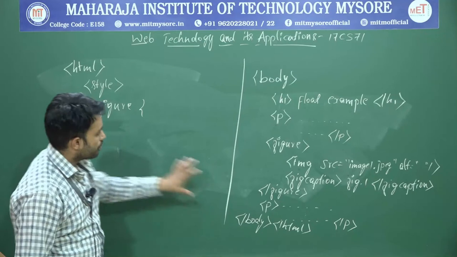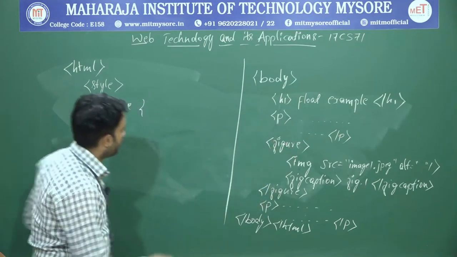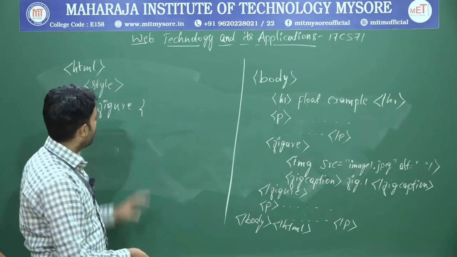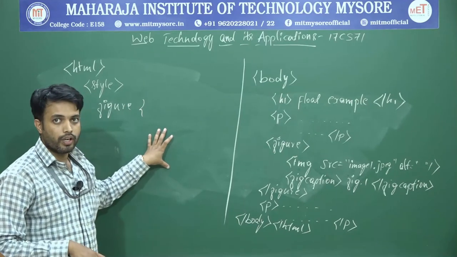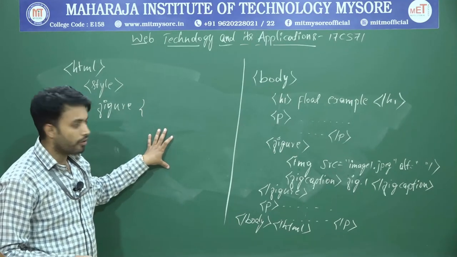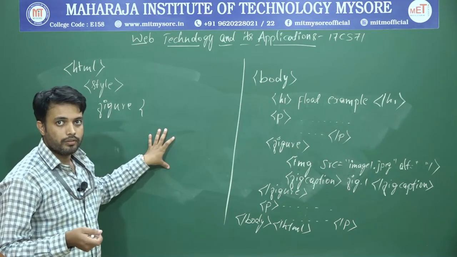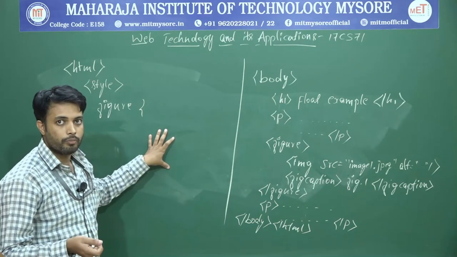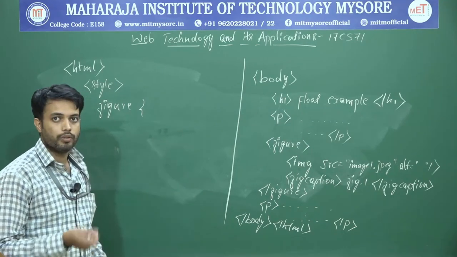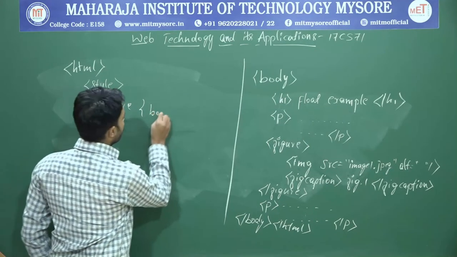So before that I need to style this figure, because I have to make that float. First I will execute without float, and again I will modify that same program and execute one more time, in order to make sure you people see the difference between float and without float. Okay, so here border